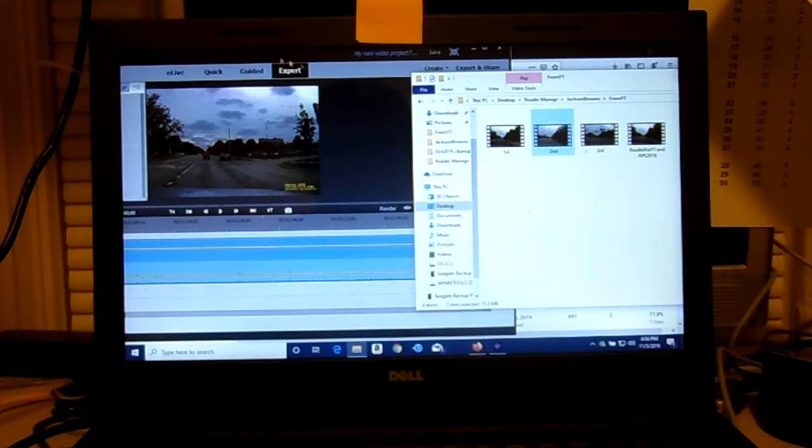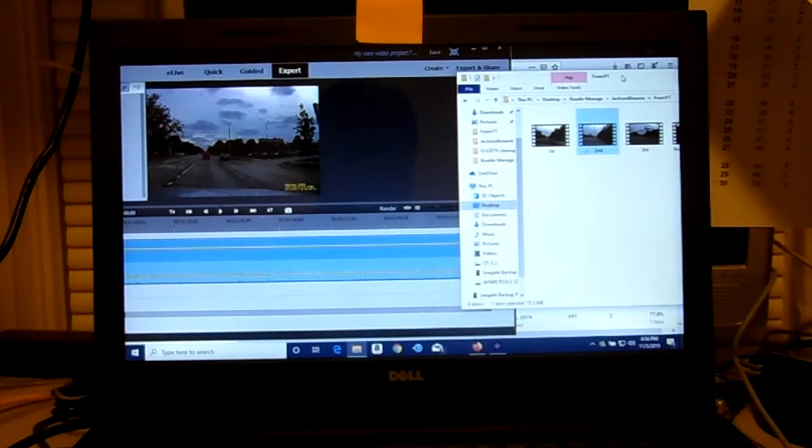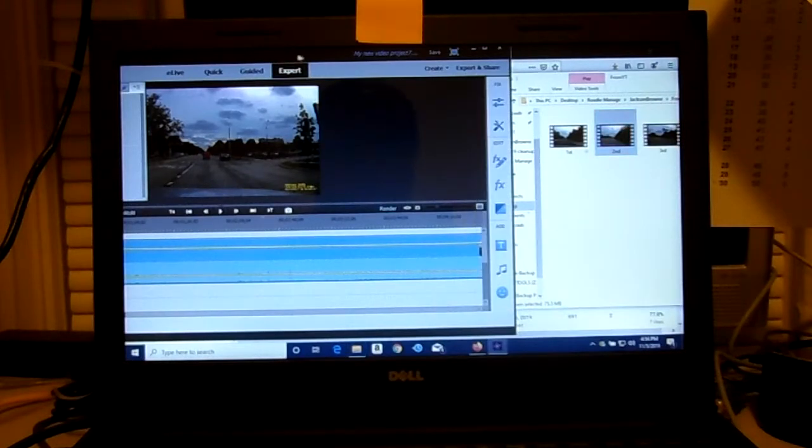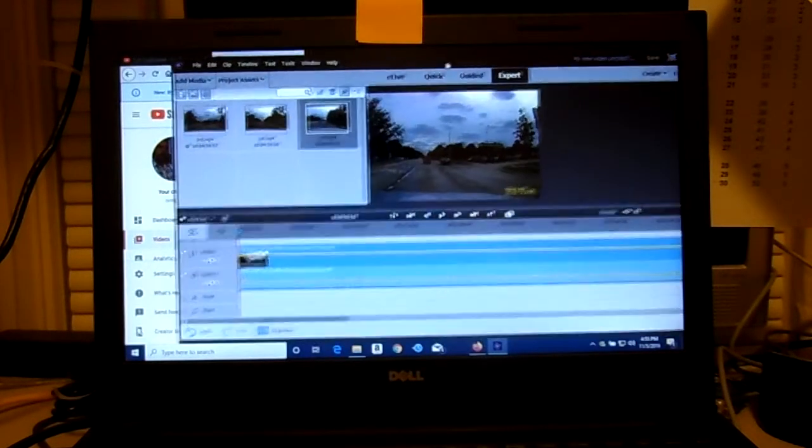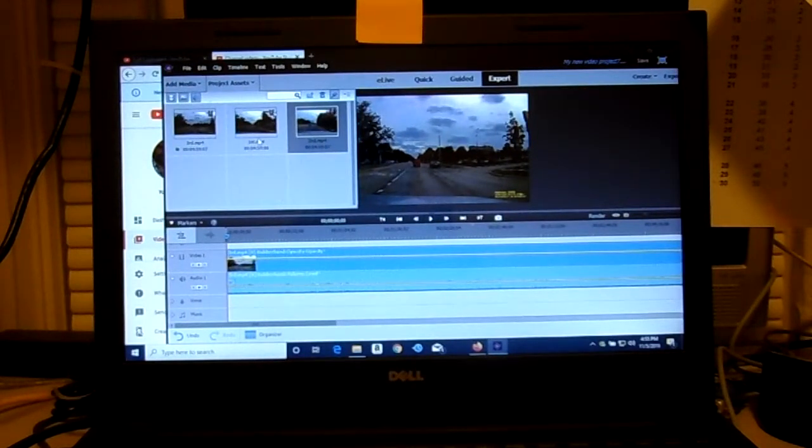I'm going to scoot this window over a little bit, scoot this window over a little bit. I'll grab second, I'll scoot it over, I'll drag it over to my media section of my video editing software. And now you can see that I've got all 3. I've got first, second, and third that I can work with. So now if I delete this,